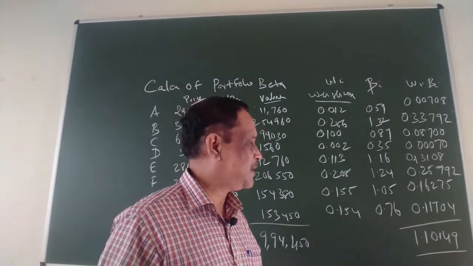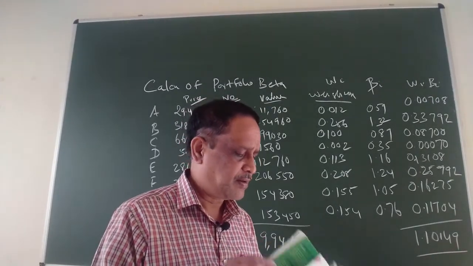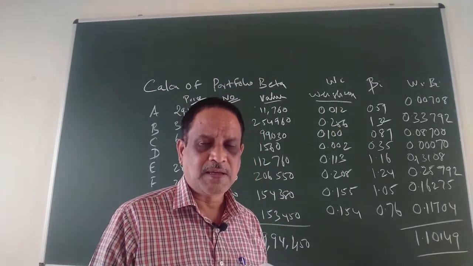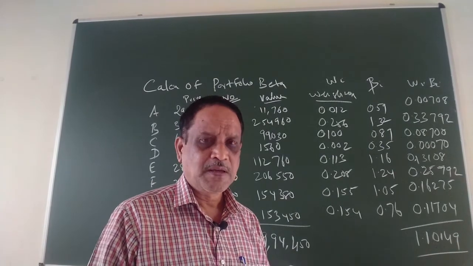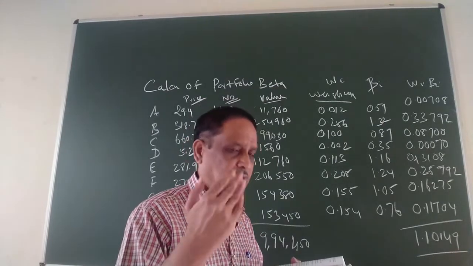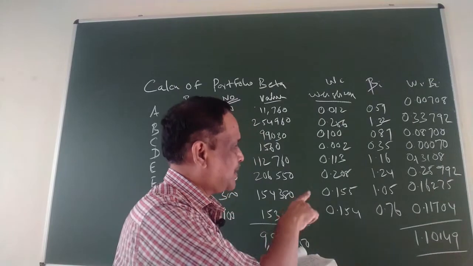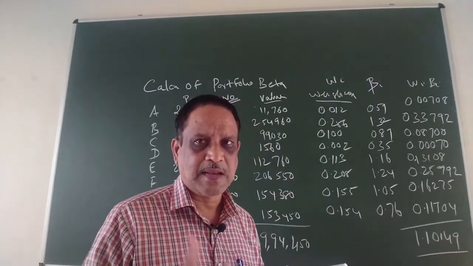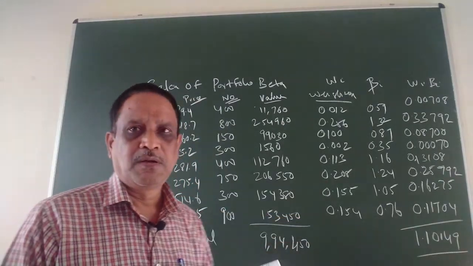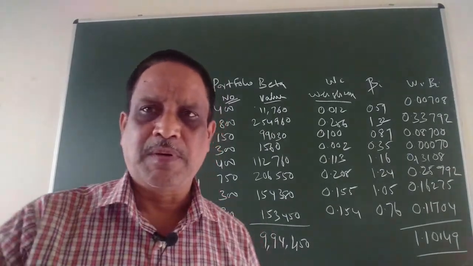And one more thing I want to say is, this particular problem has so many different problems inside, and all of these are important from your exam point of view. You can either be asked separately how to calculate portfolio beta or how to hedge. So, there are so many questions possible in this. We have done the first part of the problem, which is calculation of portfolio beta, which is 1.1049 in this case. Let us go to the next part of the problem.